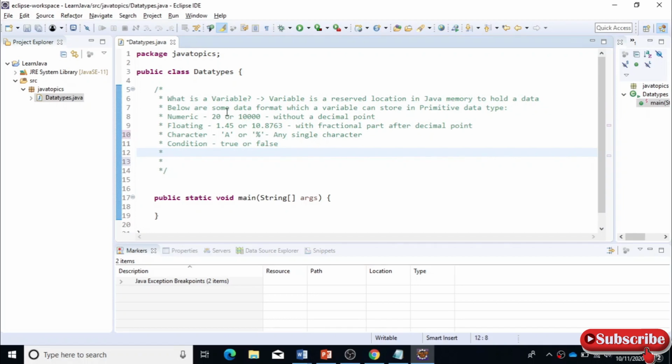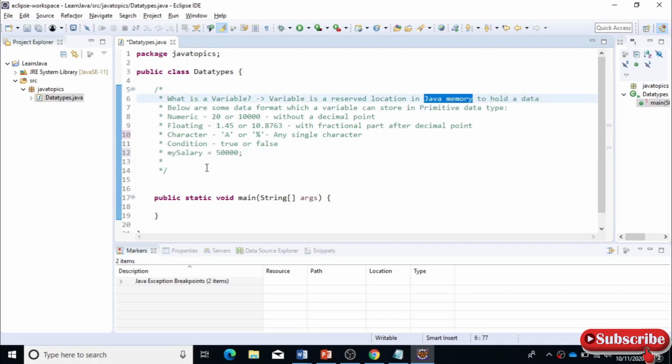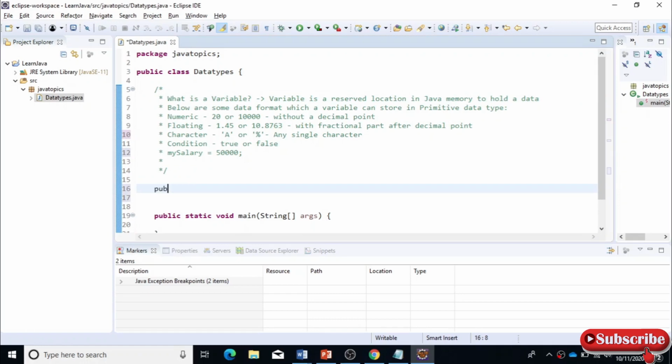And before that, let's create a simple variable here. Okay, so I told variable, right? How to initialize a variable? Just give any value, say for example my salary, and I'm giving the salary as 50,000. So this is something like, I have created a variable as my salary, and the respective value which I have assigned to this variable is 50,000. So this will get stored in the Java memory now. Okay, so for this one, if you are directly assigning this variable, let's see what happens.